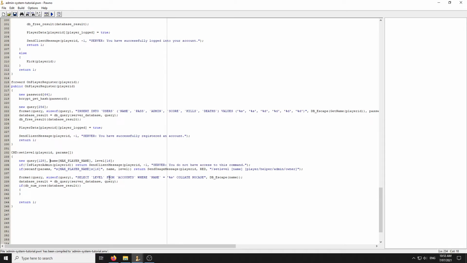So select, we can just select anything. So select admin from users where name equals calculate no case. So db escape their name. So if there exists,